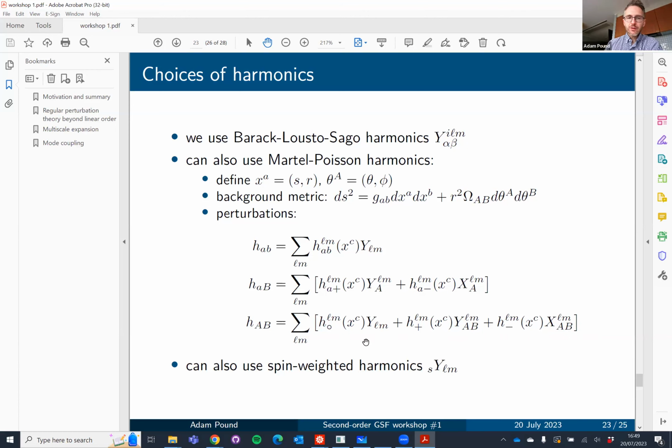Now it turns out to be even more useful to use spin-weighted harmonics as intermediate steps. In fact, when my student Andrew Spiers reproduced all the coupling formulas, he used these start to finish and then just transformed the results into whatever basis you like. So